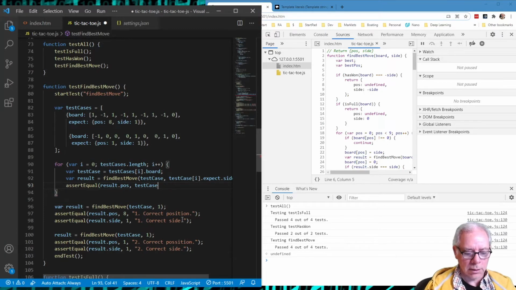Oh, I don't need this here. It's just a single test case. Sorry, it's the test case dot board. You know, I can do it this way. Test case is just one of whichever the current test case is, and then we'll find the board and then the expected